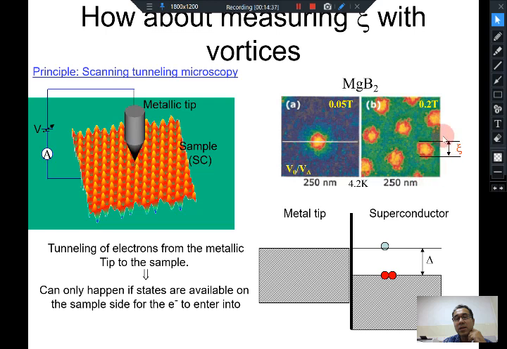Here you can actually see a very ordered collection of vortices. You can see a hexagonal arrangement of these normal cores at about 0.2 Tesla. And as you increase the magnetic field, these vortices come closer and closer to each other, and by measuring the diameter of this, you will get twice xi. It's not xi, but it is twice xi. This is the coherence length. Okay, so you can actually estimate the penetration depth lambda and the coherence length using these different techniques.